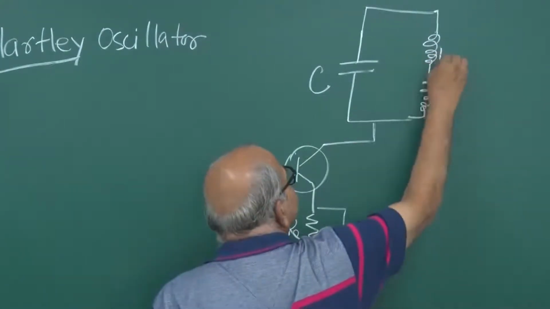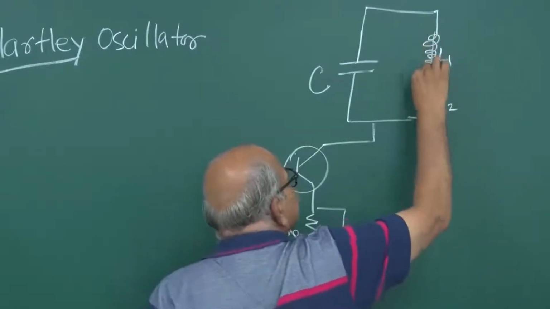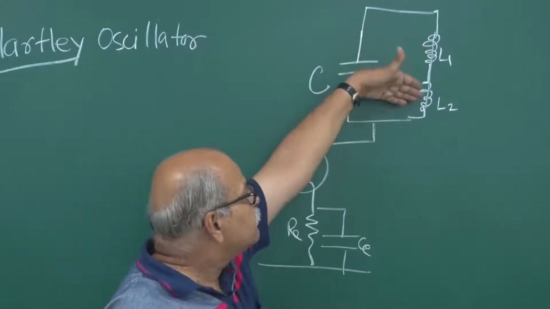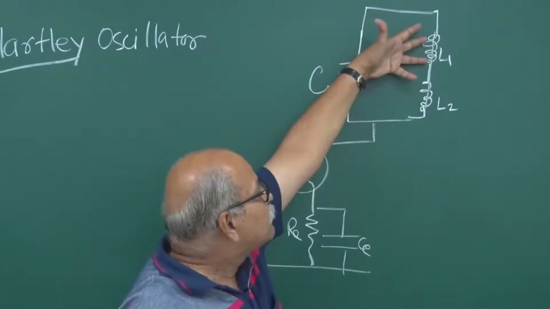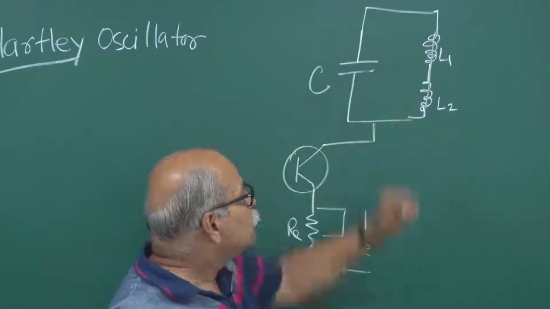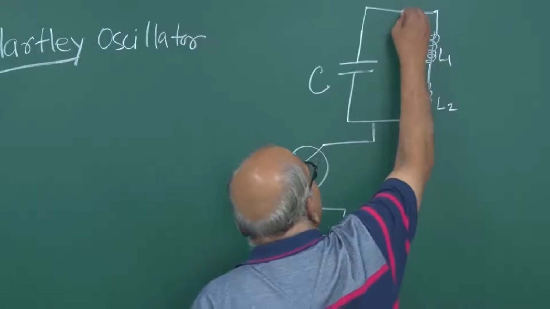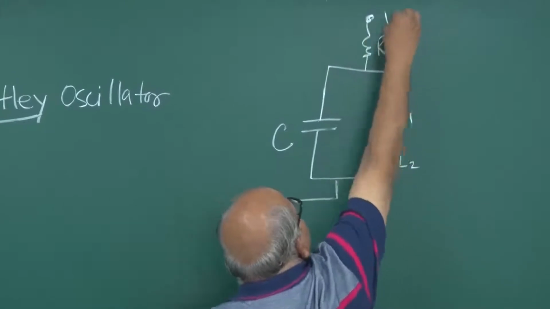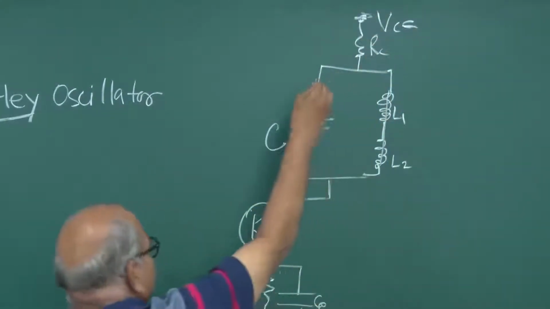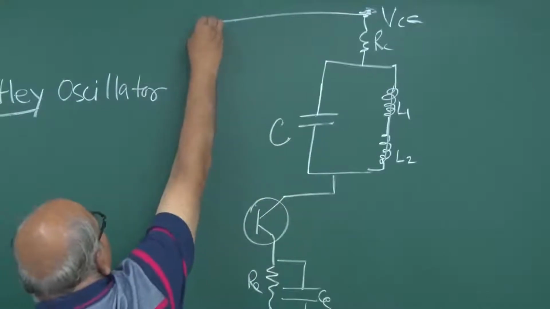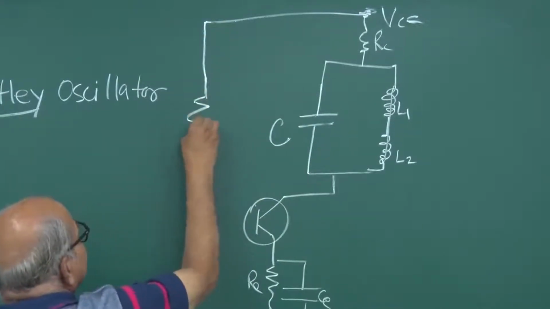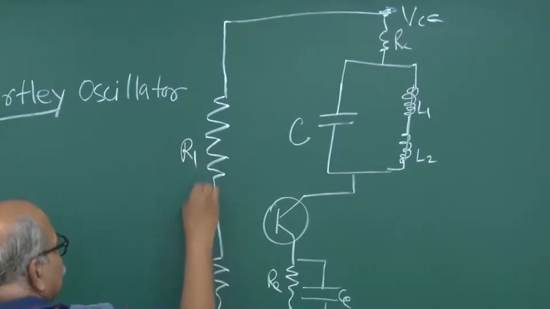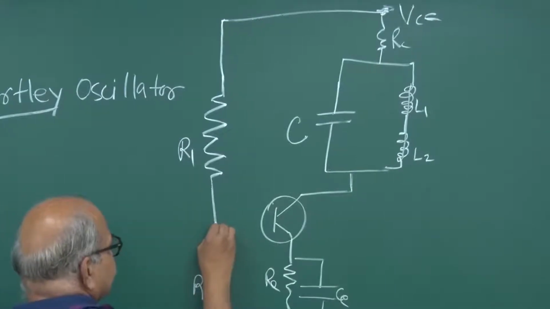L1 and L2. They may be wound on the same core, so they can be coupled with each other, or they can be separate also. So this L1 and this L2, and then you have your usual RC and some VCC here, and from that VCC you make that potential divider. So R1, R2, and then from here you give this